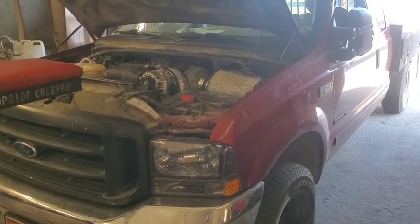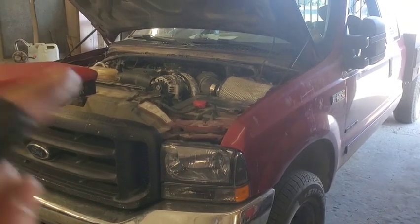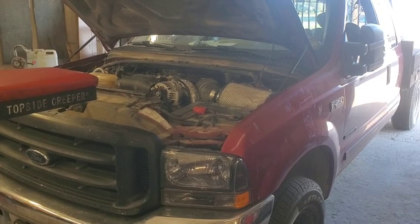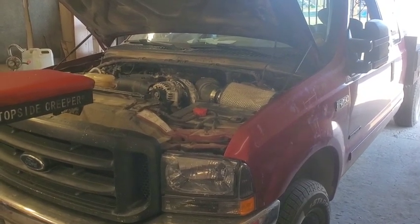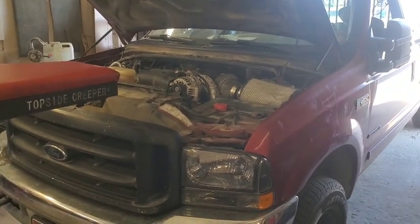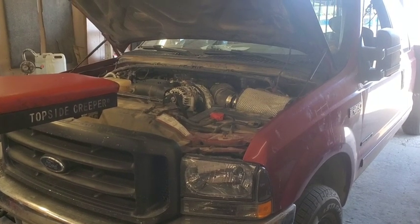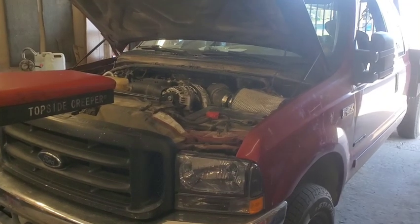Hey folks, welcome back. I'm going to talk about an issue that I had with the 7.3 Powerstroke. It wasn't this 2002, but it was a different 2001, and I want to talk about the symptoms that it had and what we ended up finding and how I kind of got burned. Well, I wouldn't say kind of. I did get burned on it. And then we're going to talk about the different ways to prevent it,